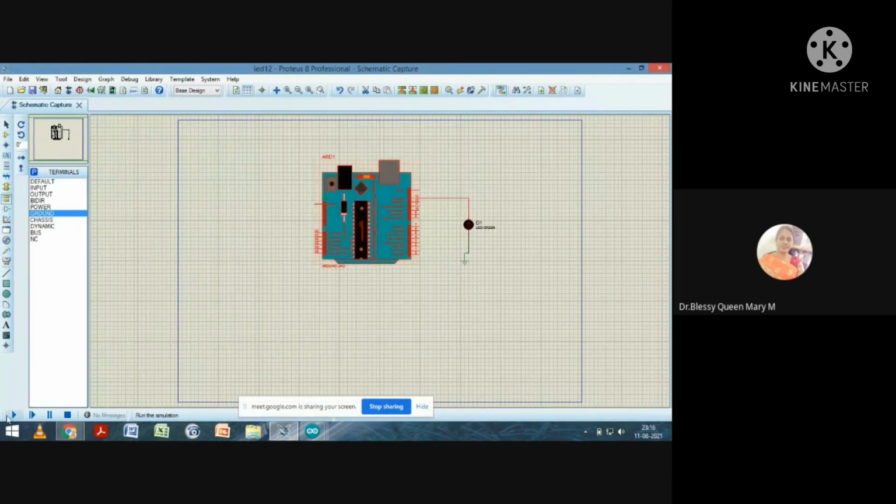Then you have to run this program. Finished. Your LED glows. See your LED, 2 seconds off, then it glows. So it blinks, your LED is glowing now.